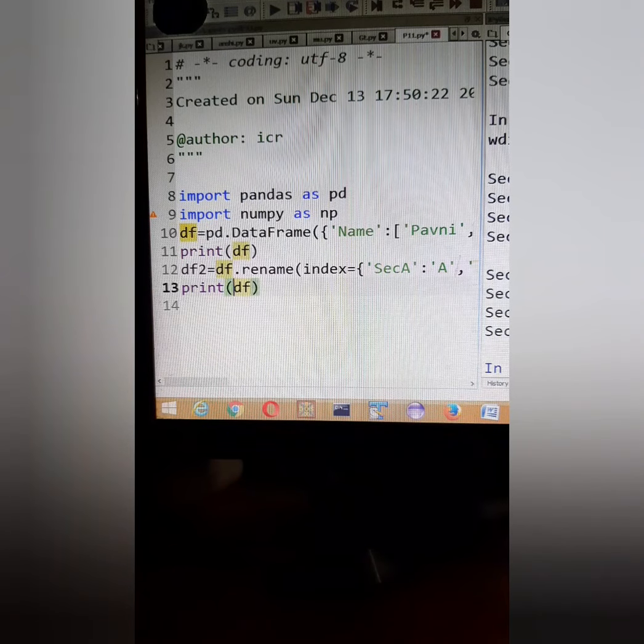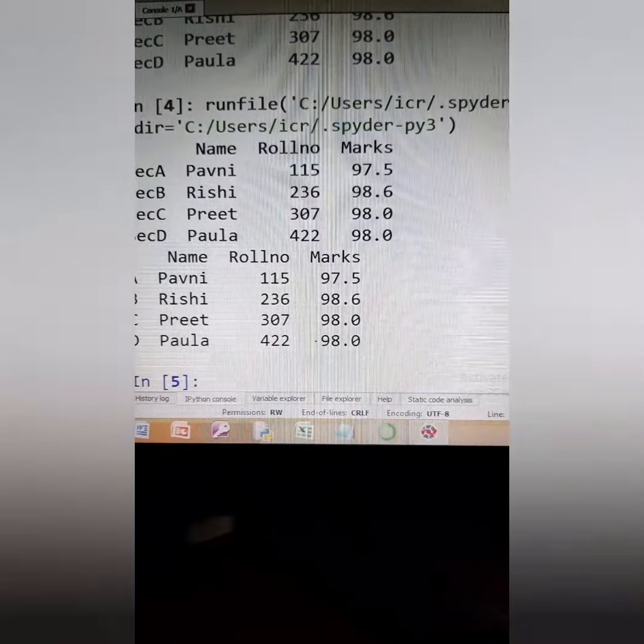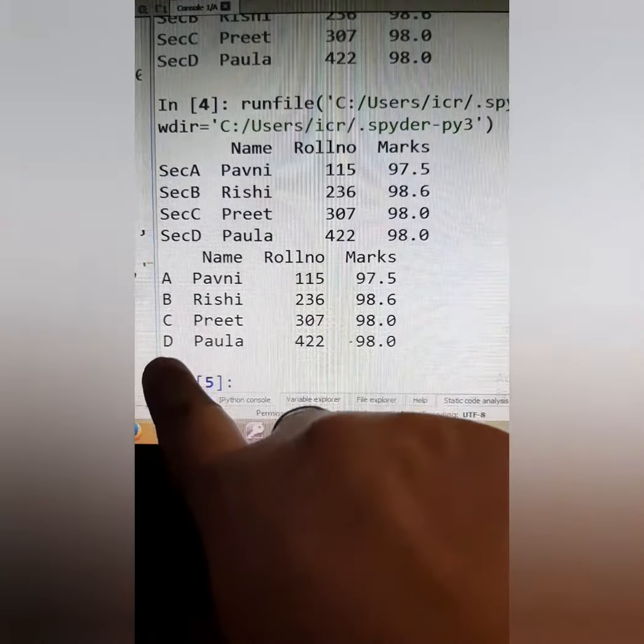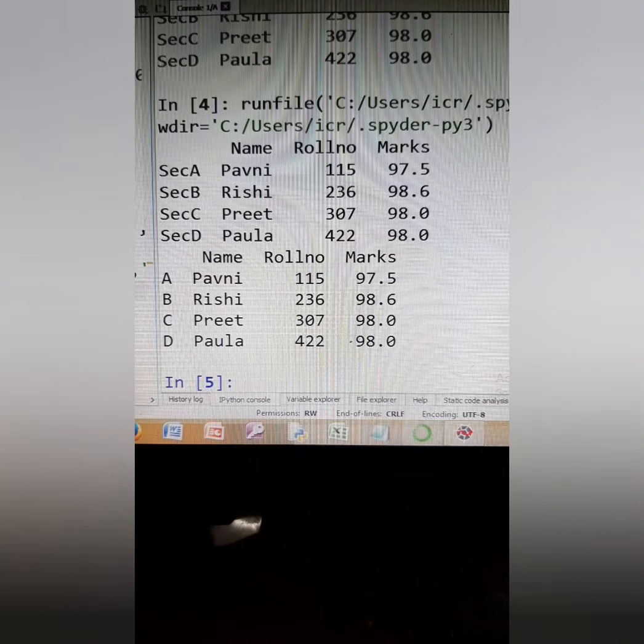And if we print df2, because the function of rename is to create a new data frame with the new changes. But if you want to make the changes in the original data frame, you will have to use inplace also. First, let's see how df2 has been created. df2 on the left hand side has created a new data frame with the changed section names or the indexes.